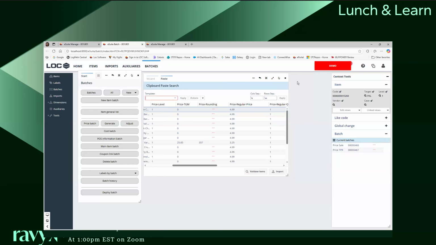You just want to go ahead and give it a name. See how it highlights that in red? So this would be like my vendor. I can't think of a vendor off the top of my head. My vendor TPR. This is the template, and I can go ahead and save this so that the next time I can copy and paste, and I can just pull this template up